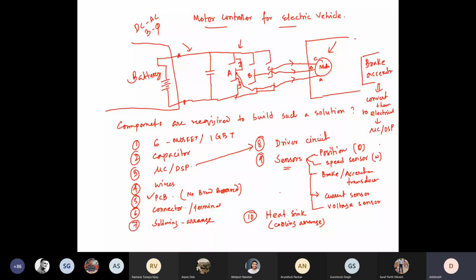So basically, you'll be applying some cold liquid, and once it passes through the heatsink, it will get heated up. Then it will go to another chamber where you will cool it again. Again, it will come in a cyclic manner. You need a heatsink, and along with the heatsink, you need something called a mica sheet. There is a lecture on how to design and select a heatsink, where I have discussed this. You need a mica sheet, you need heatsink compound.